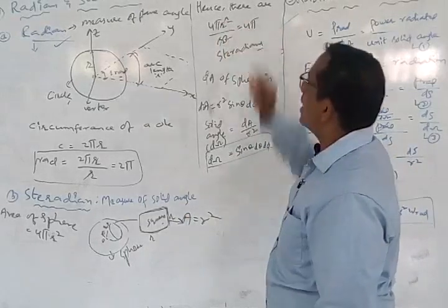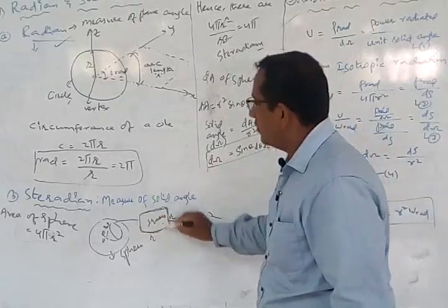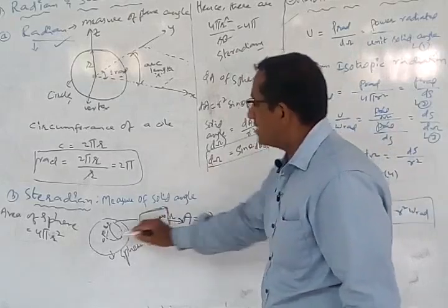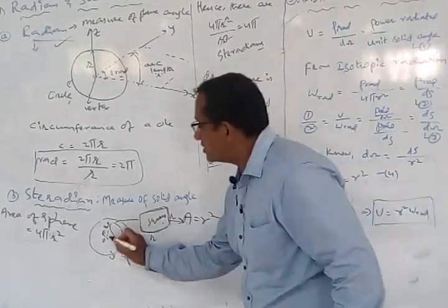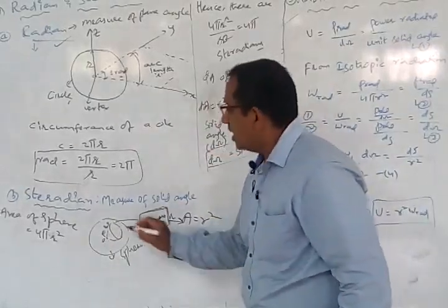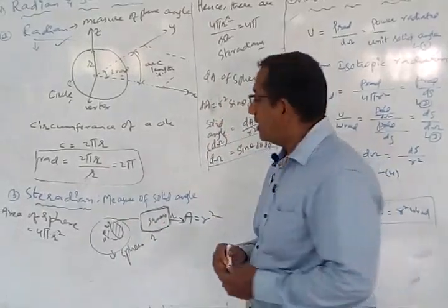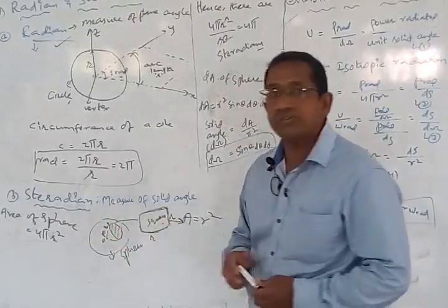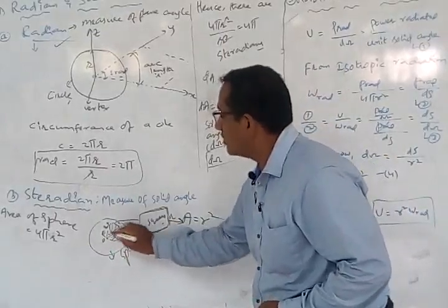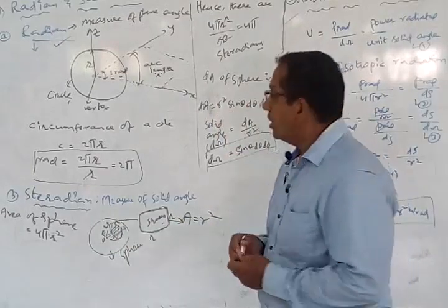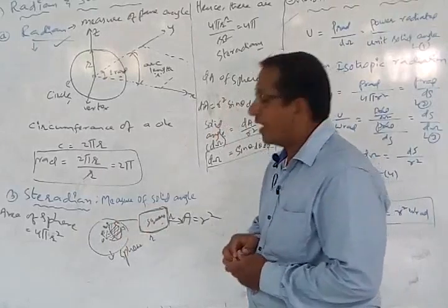It is going to be 4 pi r square by what is the net area of this particular square subtended as a result of this particular angle that you have made. That means here, if this is the center of the sphere and this is the differential area you are considering on the plane of the surface, then you are normally going to find out the flux lines coming out of this generally.